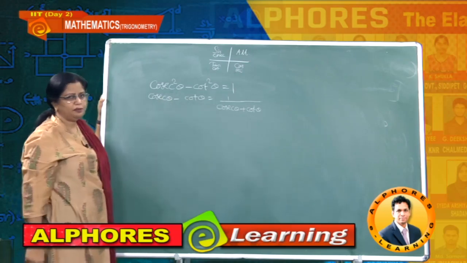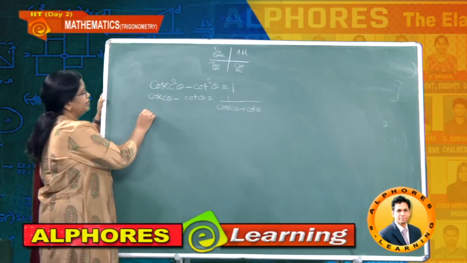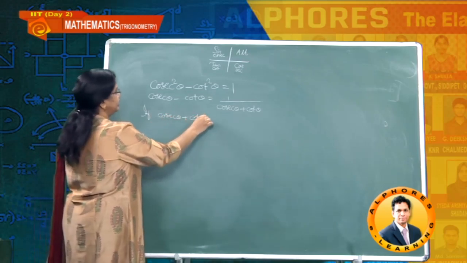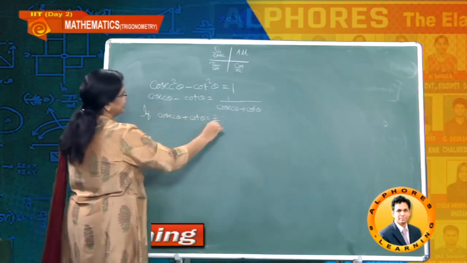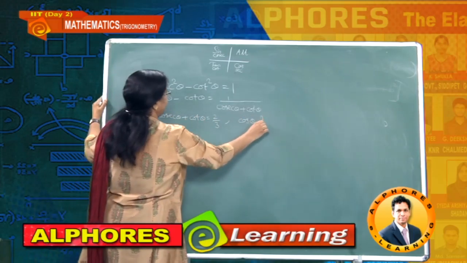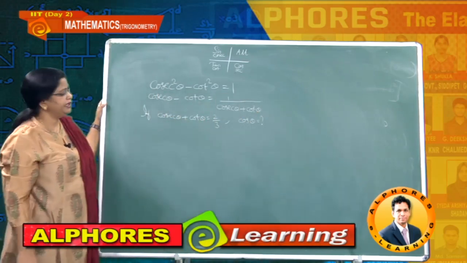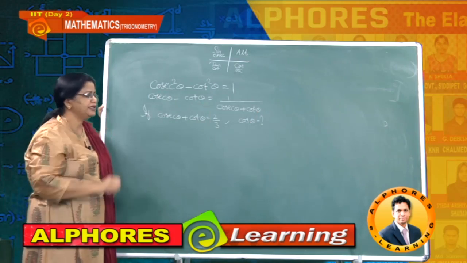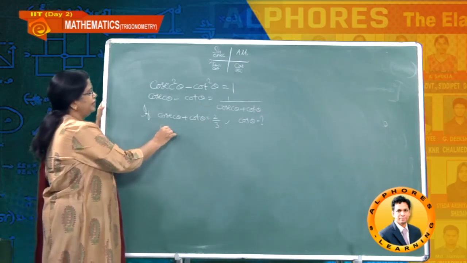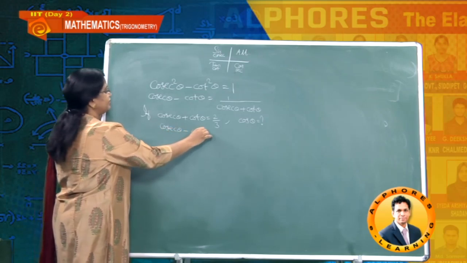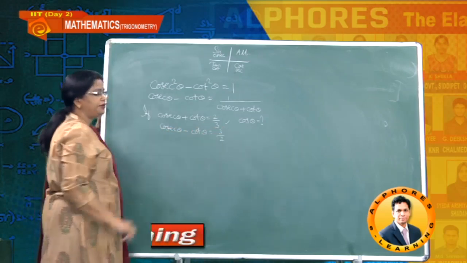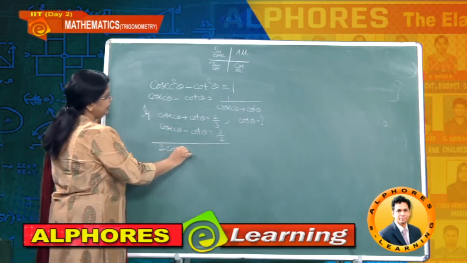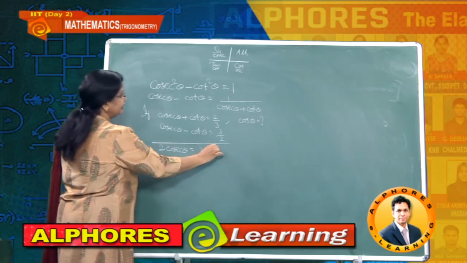Then how can they ask problems based on this? Suppose cosecant theta plus cot theta is given as 2 by 3. Then they will ask what is the answer for cos theta. Understand, cosecant theta plus cot theta is 2 by 3, then what is the value of cos theta? In the same manner we start, immediately we write cosecant minus cot is how much here? 3 divided by 2. Then I add these two values, so you get 2 times cosecant theta is 2 by 3 plus 3 by 2.